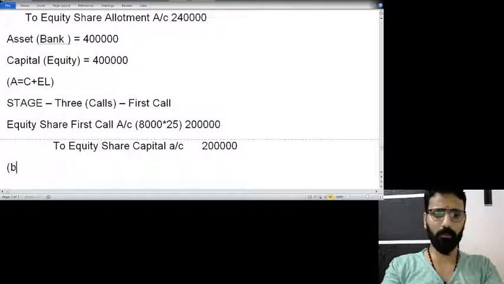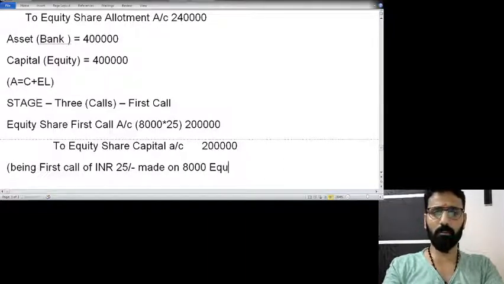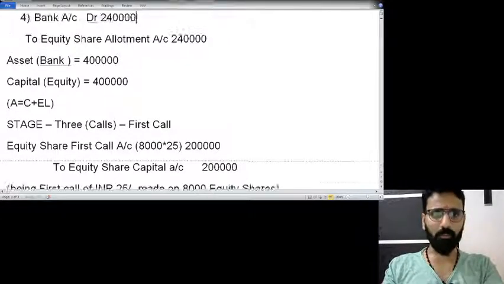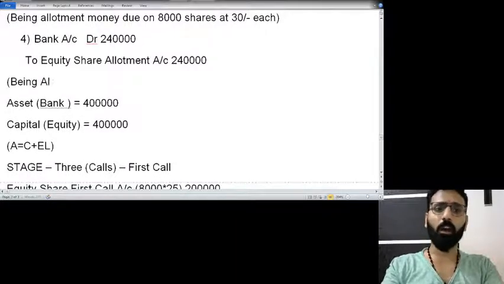Being first call of rupees 25 made on 8,000 equity shares. Now we forgot to write an entry in the narration here, which is being allotment money received